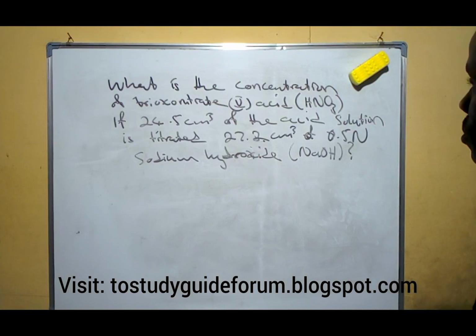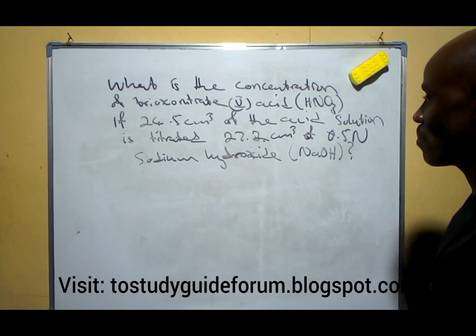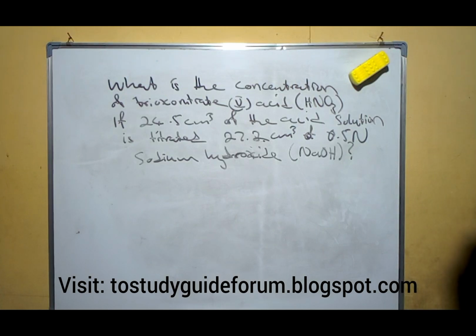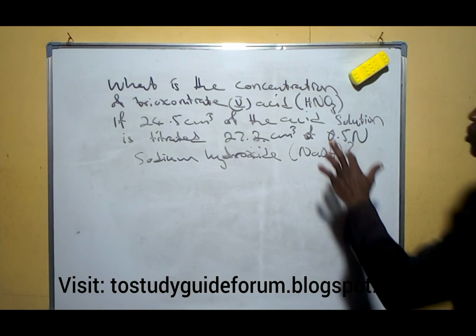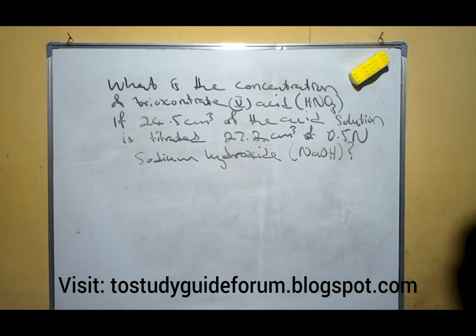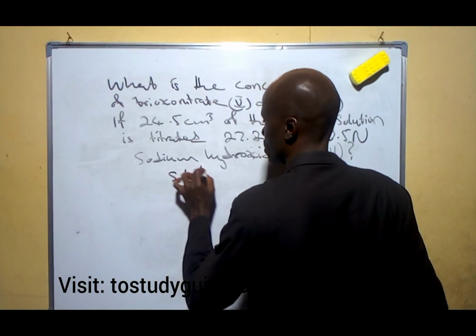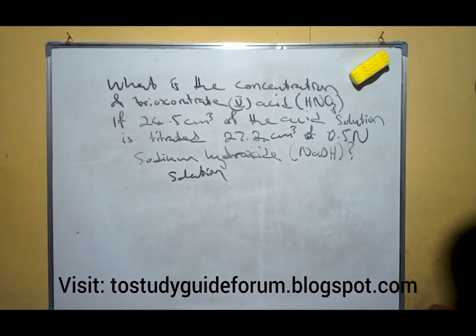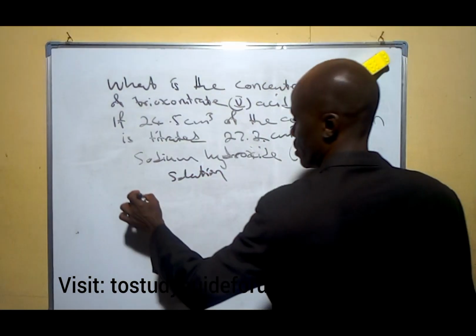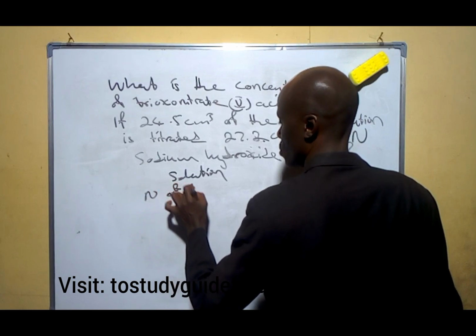We said: what is the concentration of nitric acid if 24.5 cm cube of the acid solution is titrated with 27.2 cm cube of 0.5 normality sodium hydroxide? To solve this problem, the normality of the sodium hydroxide